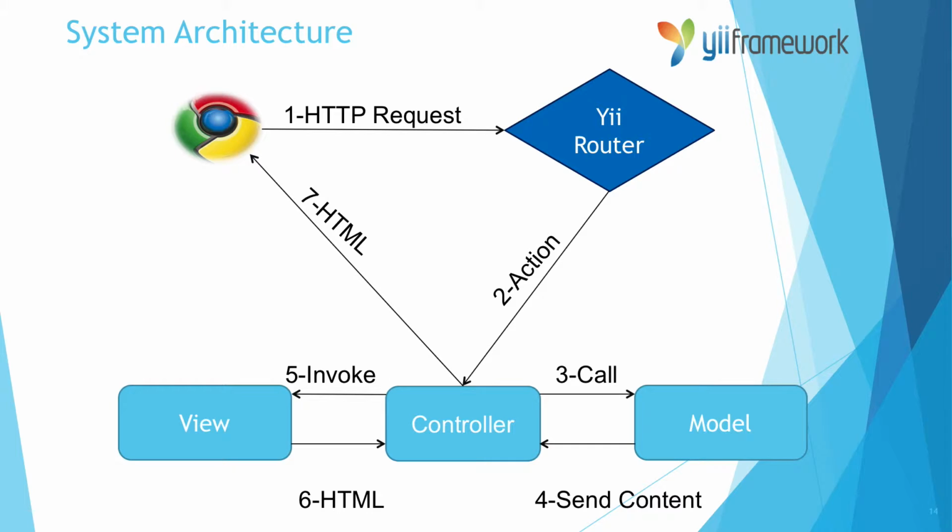This is the system architecture. We're using MVC, which is Model View Controller, from the G framework. The idea is that MVC is going to separate the views, the controller, and the models, so that when you have to change something in the view, you don't have to tweak the code in the controller or the model. Whatever change you make in the model, it stays in the model. Whatever change you make in the controller, it stays in the controller. And whatever change you make in the view, it only affects the view. MVC is an architectural pattern.